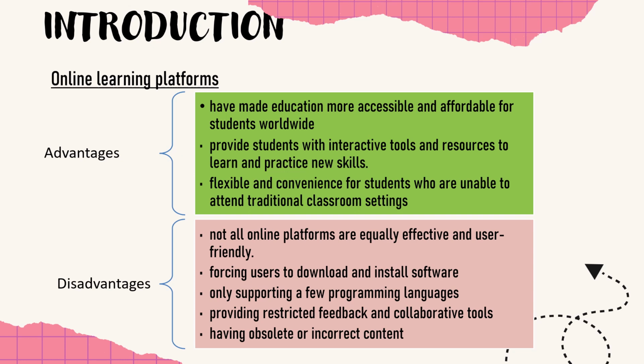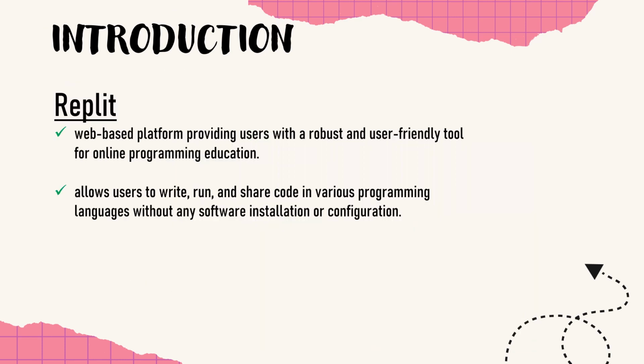Some platforms force users to download and install software, only support a few programming languages, provide restricted feedback and collaborative tools, or have obsolete or incorrect content. Replit is a web-based platform that tries to overcome these restrictions by providing users with robust and user-friendly tools for online programming education. Replit allows users to write, run, and share code in various programming languages without any software installation